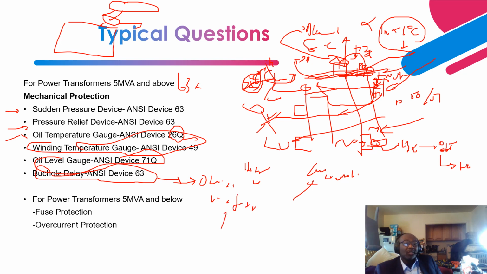If you have a through fault condition, the pressure wave of oil is going to flow backwards. If you have incipient gassing, the gassing is created as a result of broken connections or shorted turns. The gas rises and collects in a chamber. Based on the volume, it activates an auxiliary relay, then goes to a lockout relay, then trips the transformer. For distribution type power transformers that are 5 MVA and below, usually they utilize fuse protection and overcurrent protection.